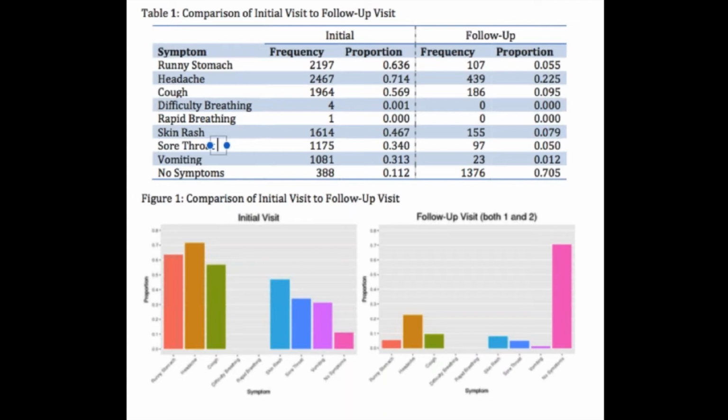You can also see that headaches decreased, and a lot of that had to do with the water tasted terrible that they had to drink, and they weren't drinking enough water to stay hydrated. So when the water's not treated, they don't drink enough and they get headaches. And so that number went way down when they started having really nice, clean water to drink, bacteria-free. The coughs went way down, skin rashes went way down, sore throats went way down, vomiting, all these kind of things that were a part of the intervention.